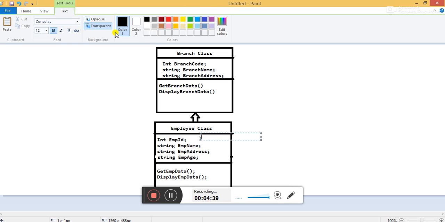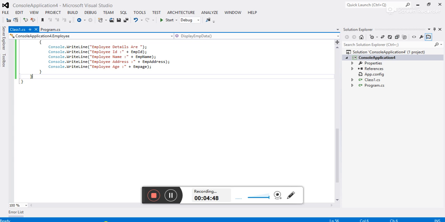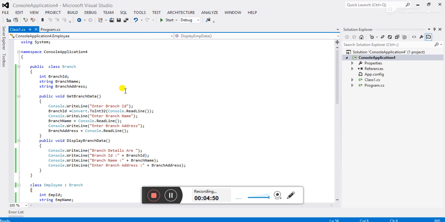I have already written the program to get the computerized branch detail and employee detail. So let's flip to Visual Studio. Here you can see I have declared one class, the branch class. Under the branch class we have declared data members.